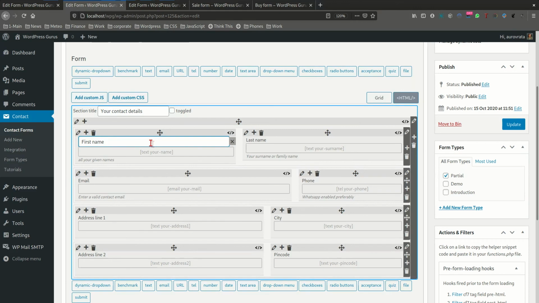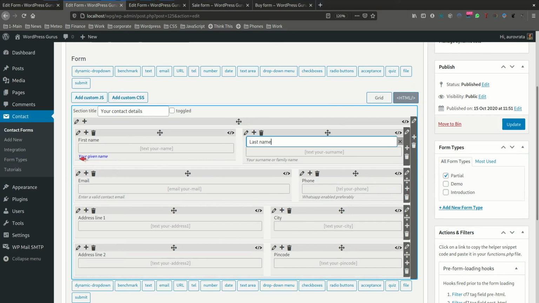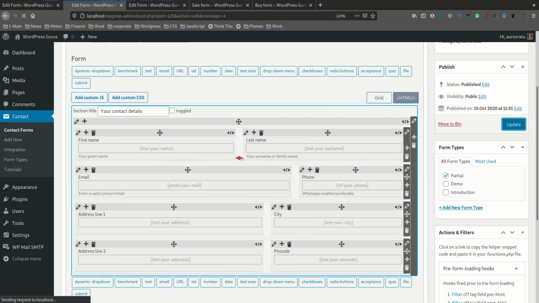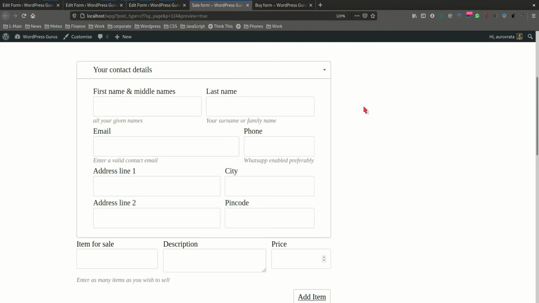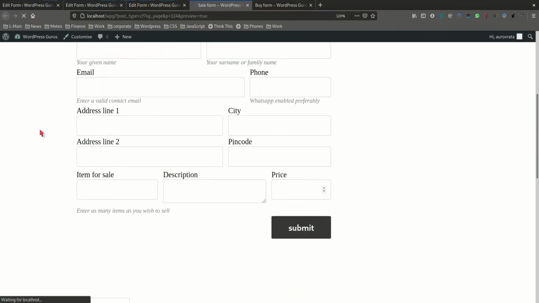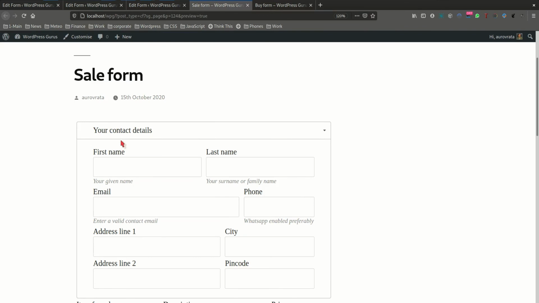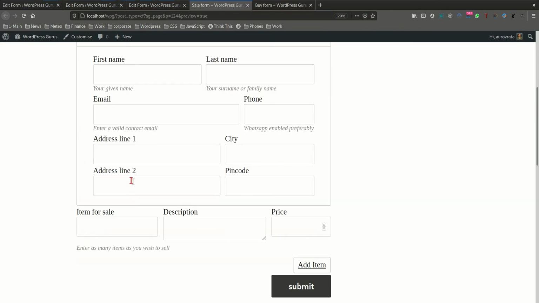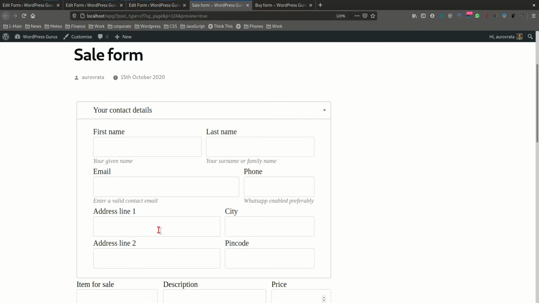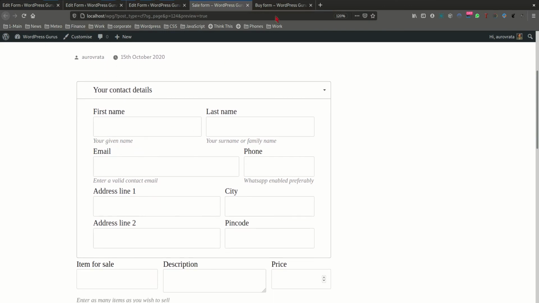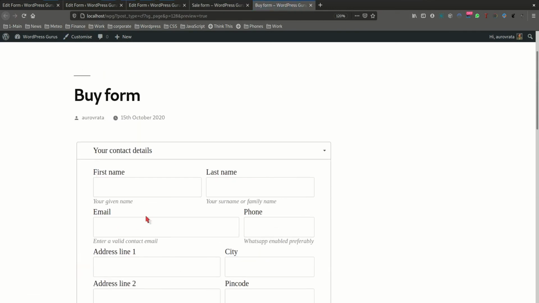Let's call this the full name, your given name. Okay, and now I update this form in the back end, and I just need to actually reload this form, and automatically the changes are being picked up. And you see, I loaded the sale form. I didn't actually load the contact details partial form. Although I edited the partial form, every single form in which that partial form is included gets automatically updated whenever